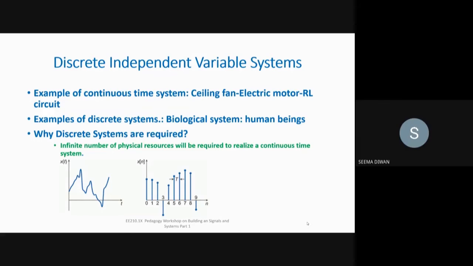Now, why? Another fact is that most of the systems that are present are continuous in nature, but the discretization of systems is required. Some systems or signals are naturally discrete. For example, a temperature, when it is measured over a time interval, say 1 hour, say 2 hours, over a certain time period t, is an example of a discrete signal.